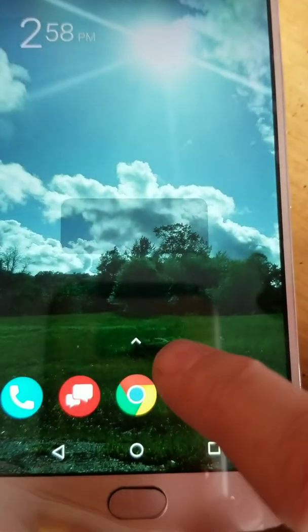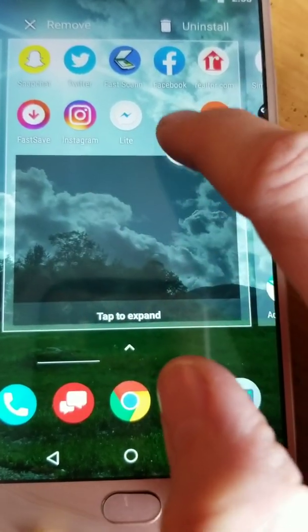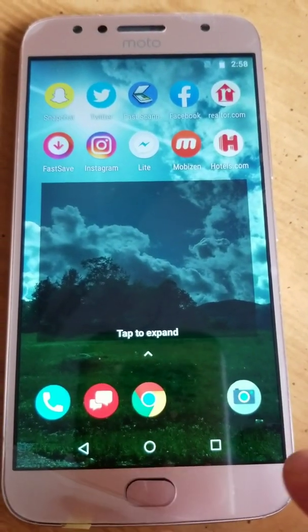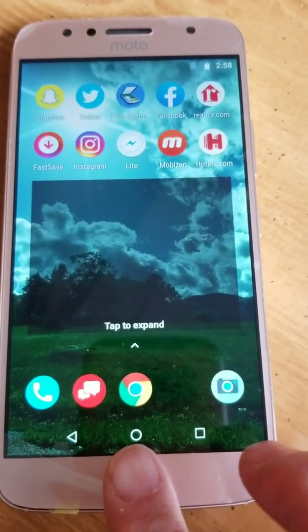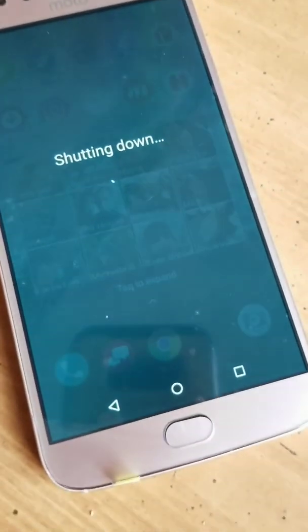Just test different buttons. Look at your apps. Make sure you can drag things around like you're supposed to, and everything looks good. So I will come back later, much later, probably tomorrow, when I get the roll of adhesive tape for electronics, and we will finish putting the adhesive on and getting the screen completely